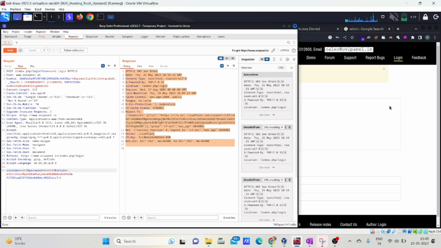So instead of sending the request again and again from the browser and intercepting it using the proxy, I can send that request to the repeater, modify the request, and see the response at the same time. So this will save our time. So that's the repeater. These are the important tools which we can use for this Burp